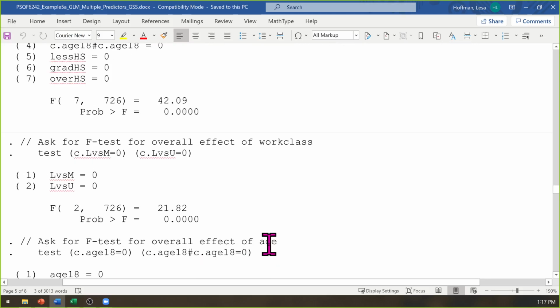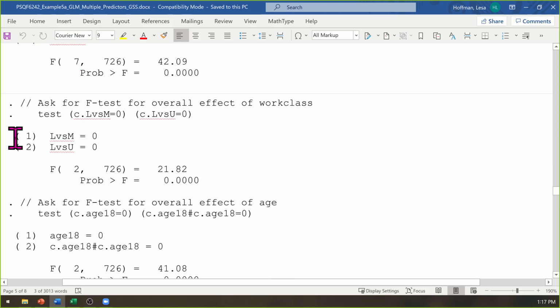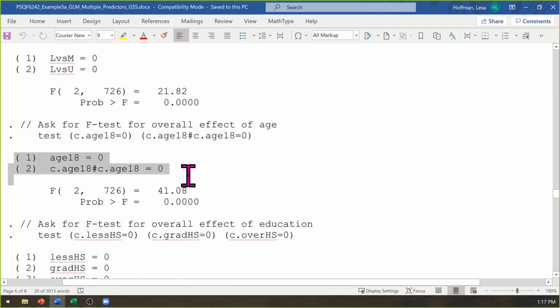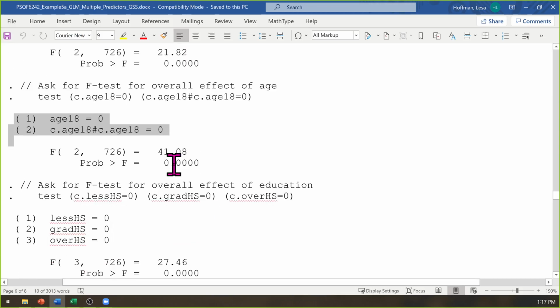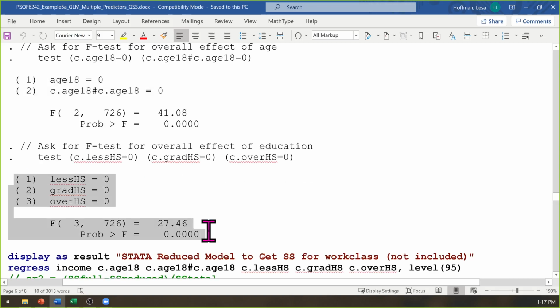Lumping together the 2 effects of education gives me an F of 21.82, which is significant. Lumping together the 2 slopes related to age gives me an F of 41, so that's significant. And then lumping together the 3 slopes for piecewise education is also significant. So in the write-up that goes with this example, I would report these Fs in addition to the one for the model, because they answer a more specific question about the unique effect of each combination of slopes that it takes to represent a predictor's relationship with the outcome.